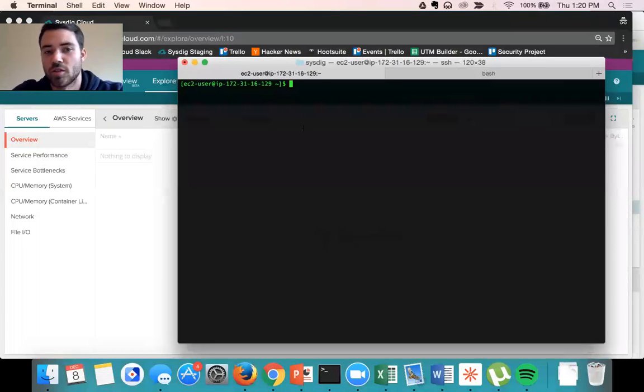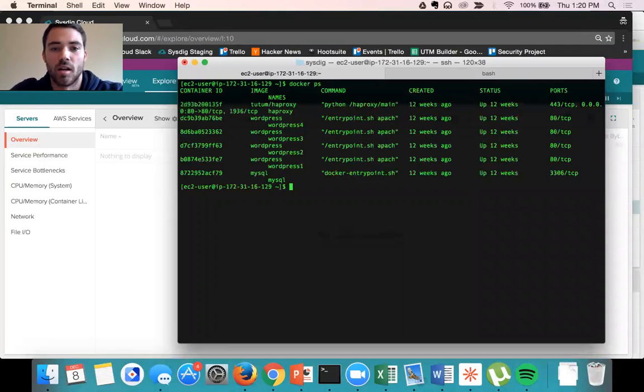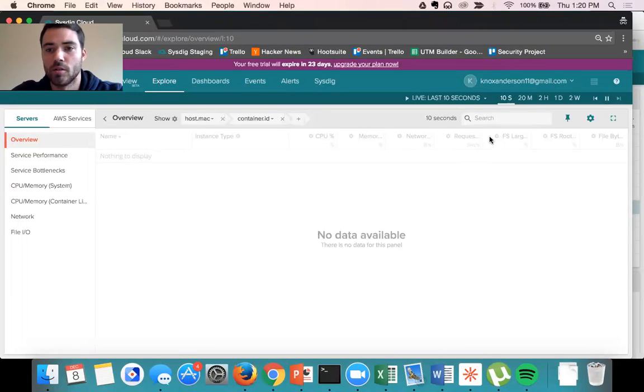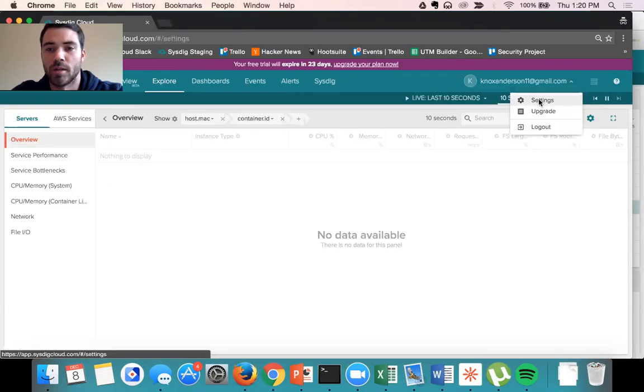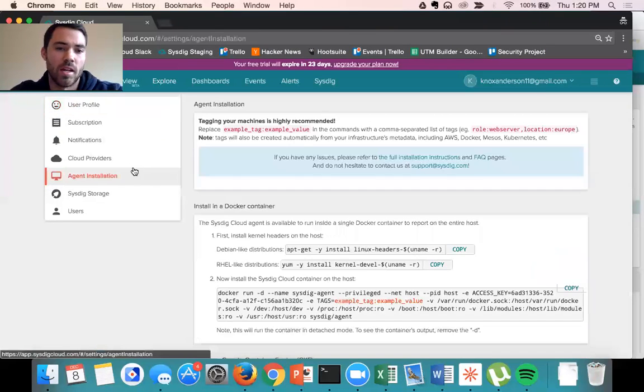Right now I'm just on a small EC2 host. If I do a Docker PS, I can see I've got an HAProxy container, a WordPress container, and a MySQL container, just a simple web app running here. What we'll want to do now is instrument that system with Sysdig. So if I go to my settings and the agent installation,